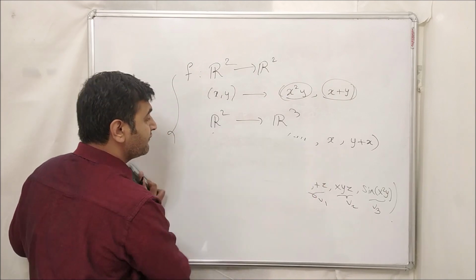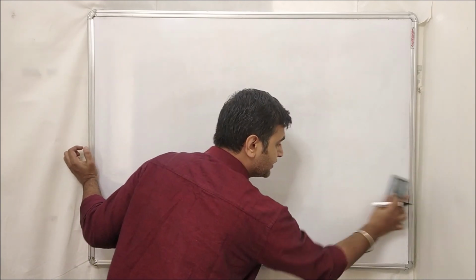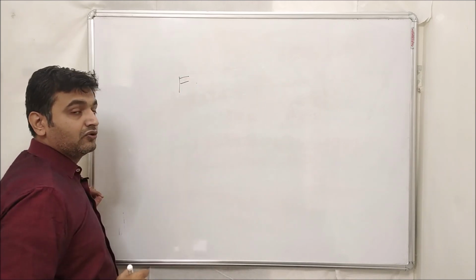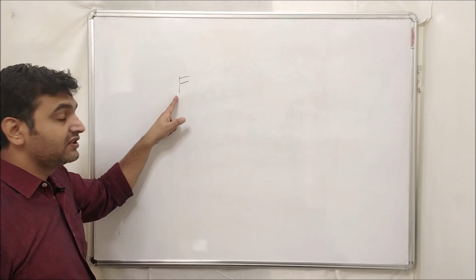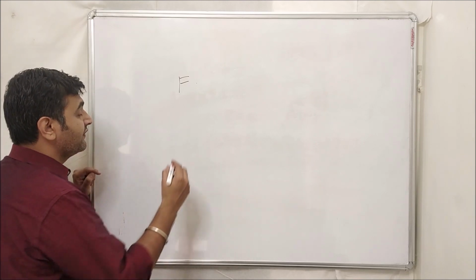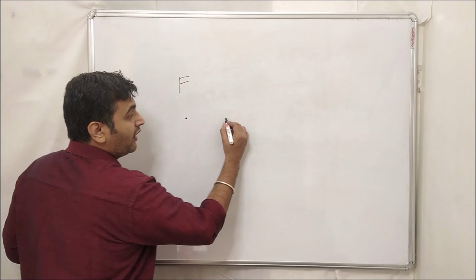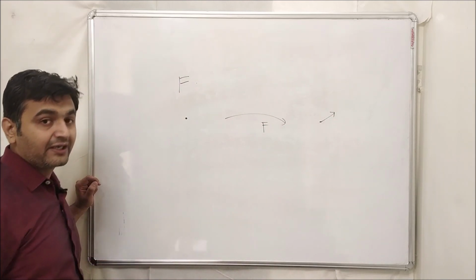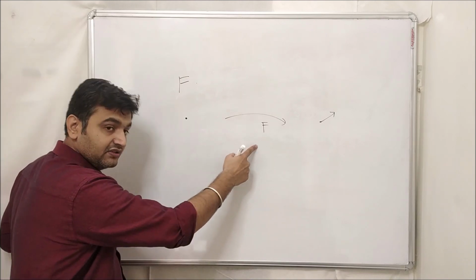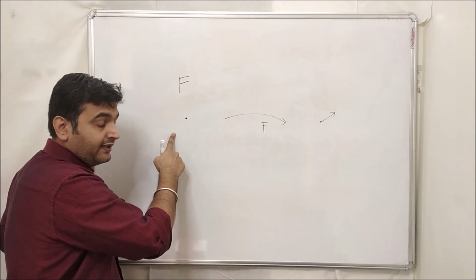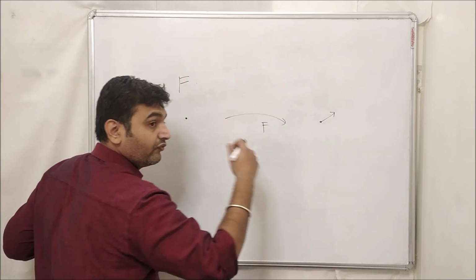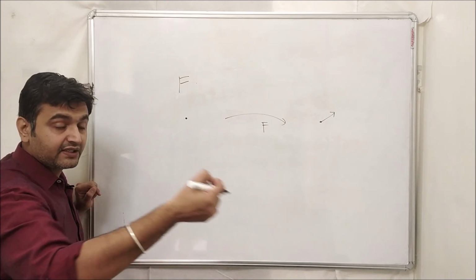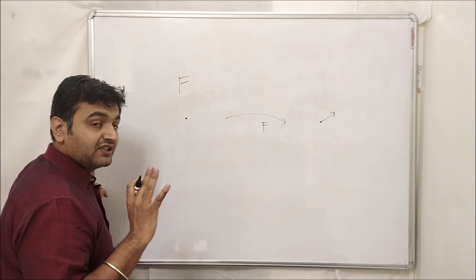Now what do you mean by vector field? So vector field is also a function, and what does a vector field do? Let me denote it by capital F. So F is a function. Now when will I call this function a vector field? If F takes any point in the domain and the output gives you some vector associated to that point. So a vector field is a function which takes a point from a domain and assigns a vector at that point. That's the job of a vector field. It takes a point, it gives you a vector at that point. Okay, the question is how to sketch.